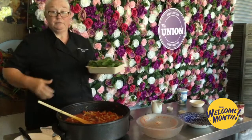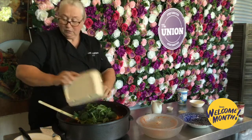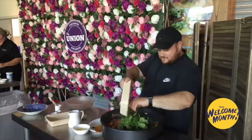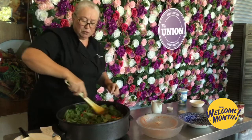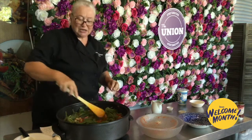get your spinach. I love spinach. So good. Add your spinach in. This is like a perfect protein meal. Oh yeah, it is. It's really good because you've got loads of things in here which are good for cholesterol. Pulses are really good, they're very high in protein, so if you are trying to not have so much